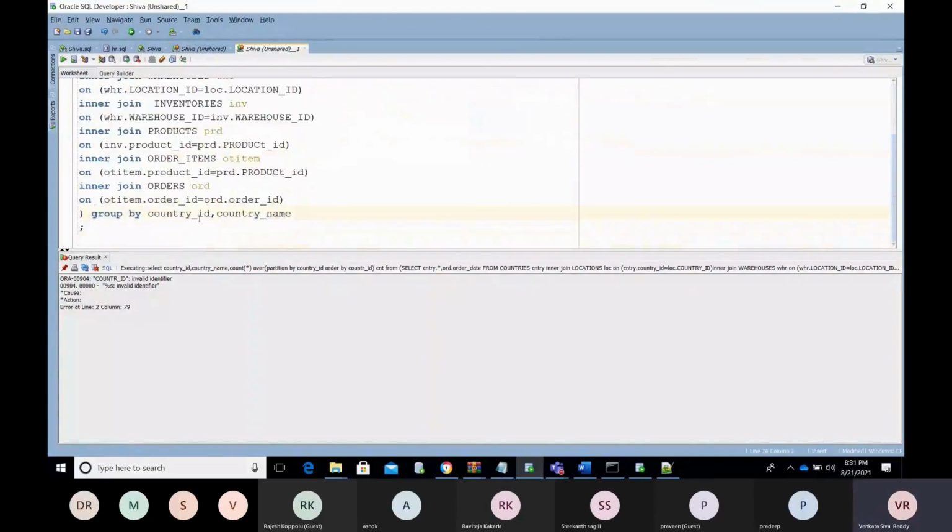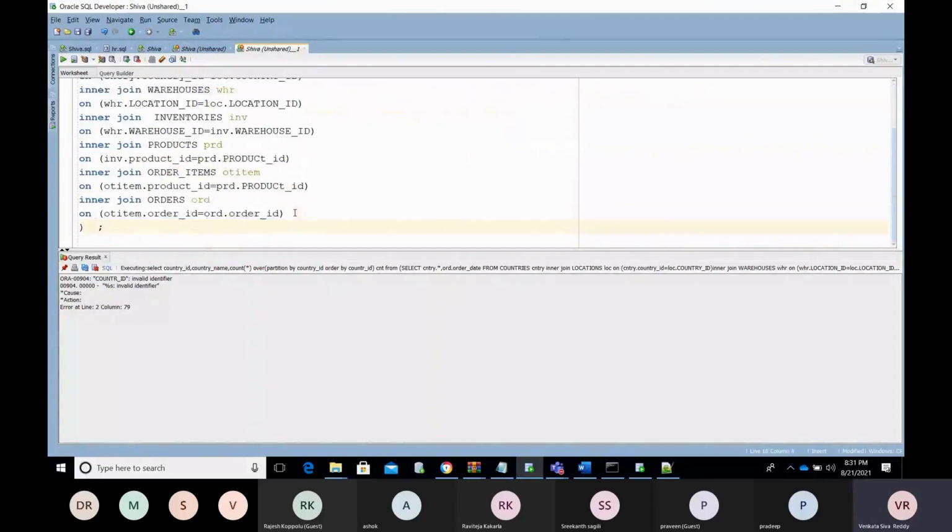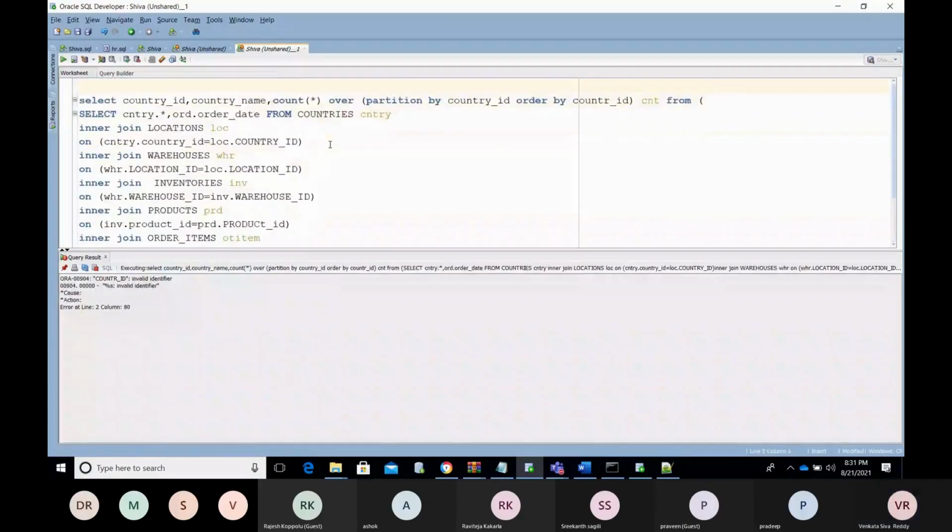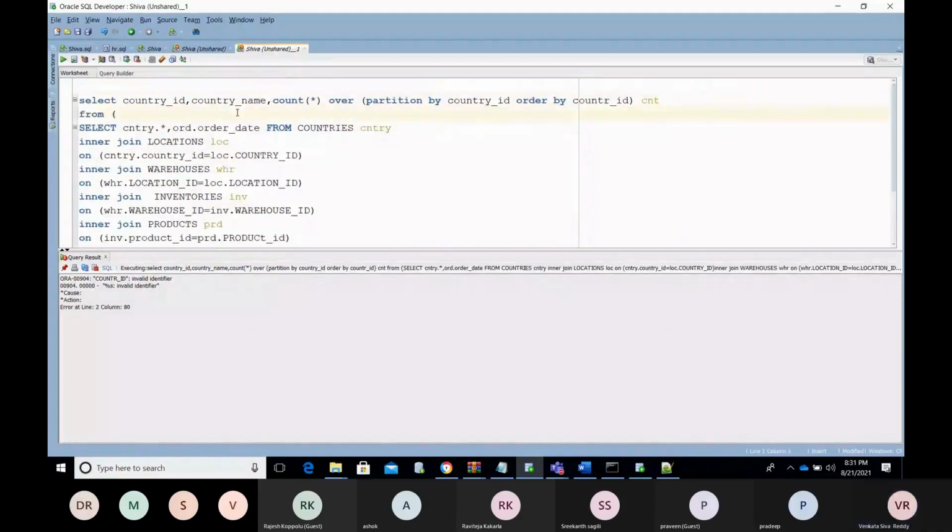So we no need to use anything here. Simply use, in line number 2, country ID in place of the count of star. Not required. Now I'm going to run this query.